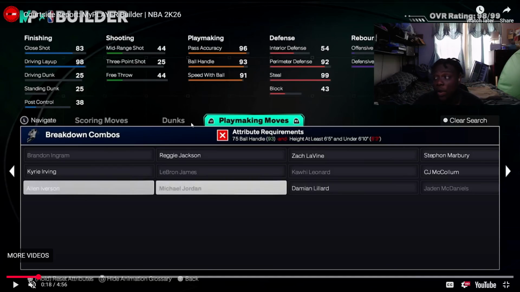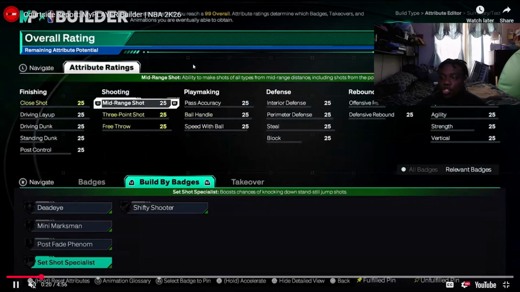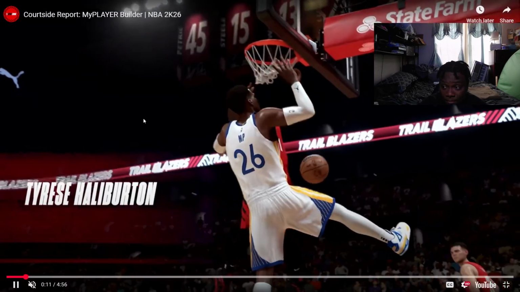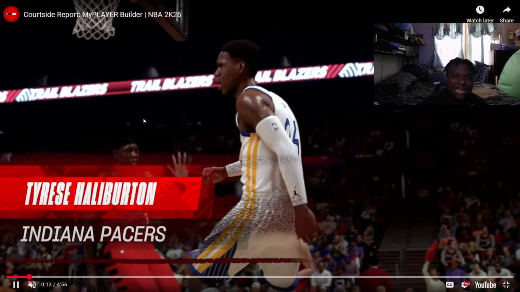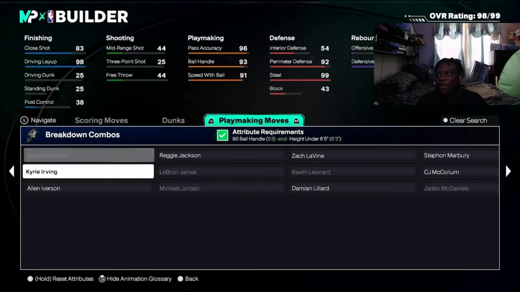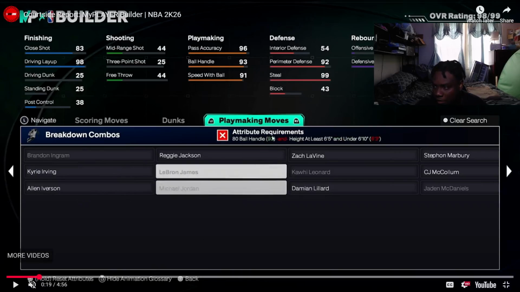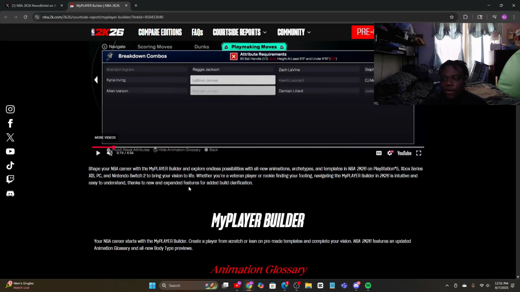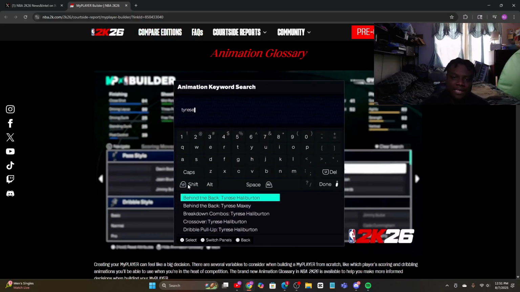A plus with this, if you guys look right here, which is the triangle button, it says clear search. You are now able to search up specific names for the player animations that you want. Okay, so right here, if you're looking at playmaking moves and you want strictly Kyrie Irving, you'll click the search bar right here, type Kyrie Irving, and you'll be able to basically get all the